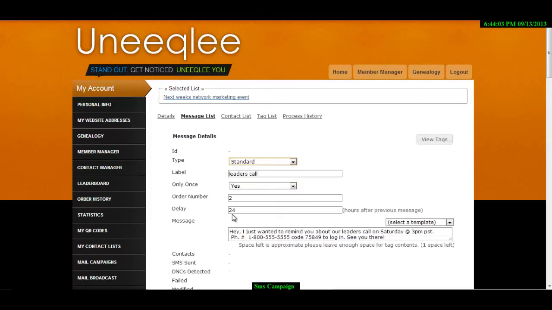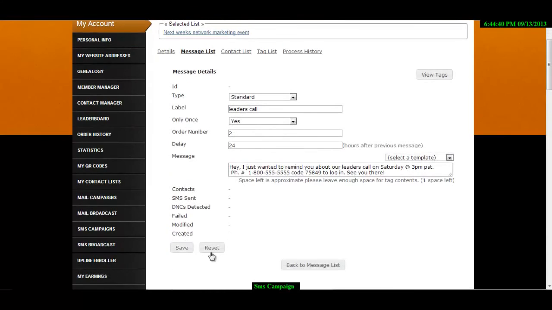Now the delay is set to 24 by default, and over here on the right you see how it says hours after previous message. So that's set to go out 1 day or 24 hours after your first initial hello welcome message. And we're going to leave it right there at 24. That sounds good to me. So underneath this message, something real basic again, I just put in here, hey, I just wanted to remind you that our leaders call is on Saturday at 3 p.m. Pacific Standard Time. And then I gave the phone number to it and the code to log in. See you there. Now we can come down here and press save on this,